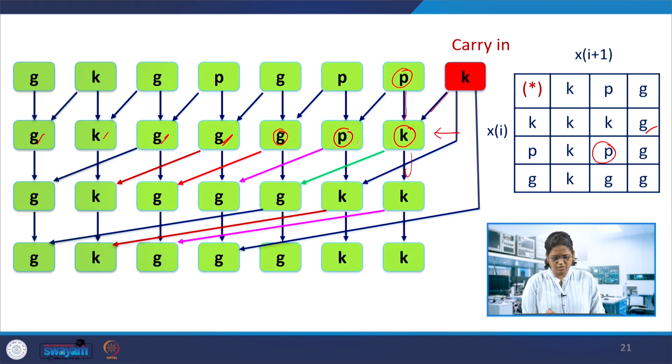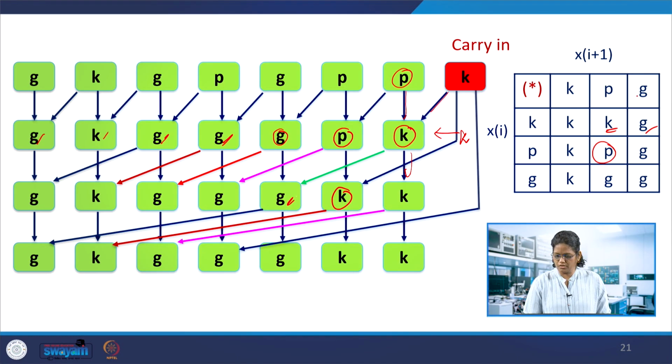Then we have this. If we skip one in the next step, here is P and then this is from K. So in between this step, you can copy over here this K and P, which results in K. So K, P, which is K here, and for the next, K and generate is generate.